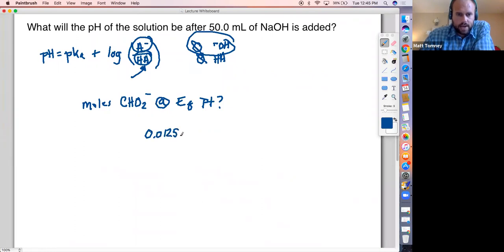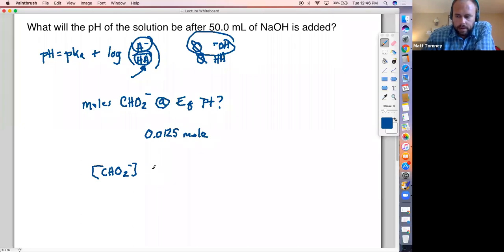So now the question is, can I somehow start utilizing this to find a concentration? Because if I can find a concentration, then I might be able to work it into an ice chart if I work the backwards equation. So you'll see what I'm talking about in a minute here. So let's see if I can find the concentration so that when I set up ICE, I have something to put into that initial slot for the ICE. Okay, so now the question is, I know the moles. Can I find a concentration